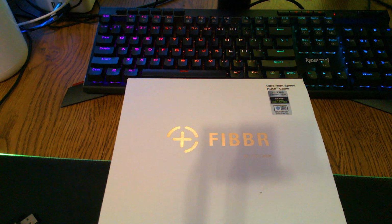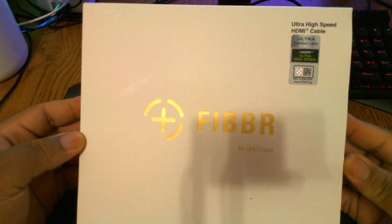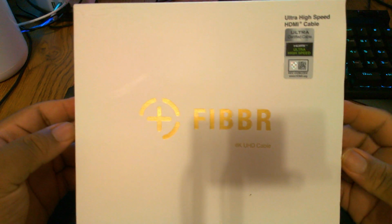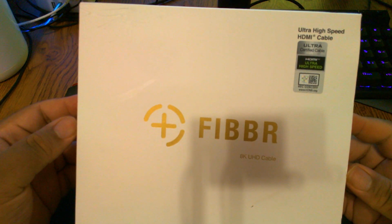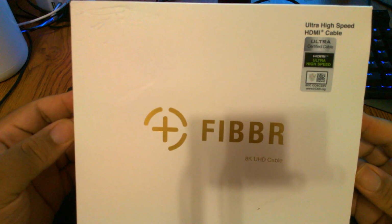So this is going to be a quick unboxing of the FIBBR 8K UHD cable. So pick it up here. You see in the top right hand corner, or towards it, is the ultra high speed HDMI cable. It's ultra certified,